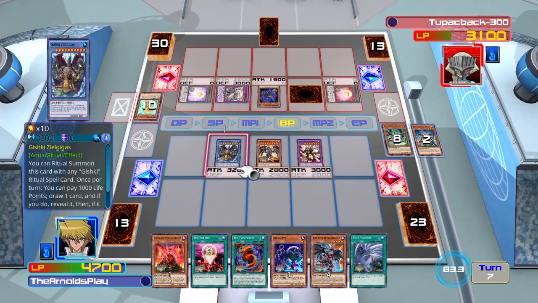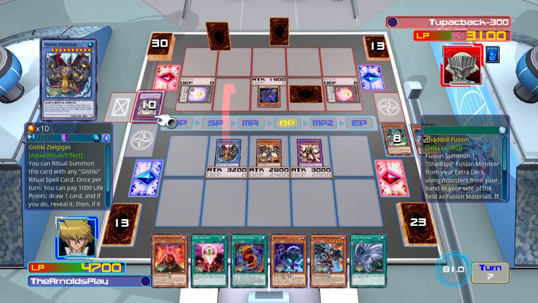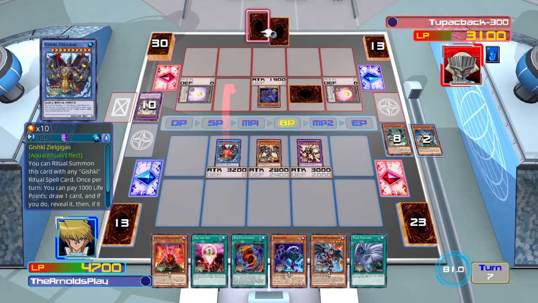It's a really, really good contact fusion. I really love the synergy between Kinkabio and Black Metal Dragon in this deck because it allows me to plus, and it turns that normal spirit monster into a 3000 attack beat stick, which is really kind of cool. So we attack